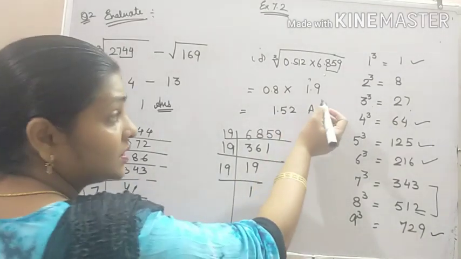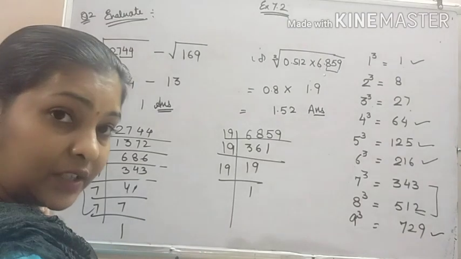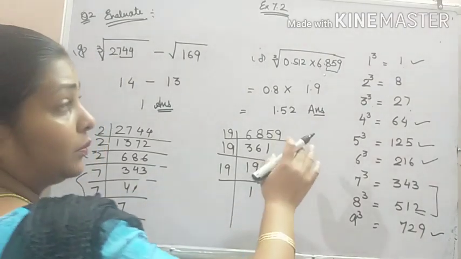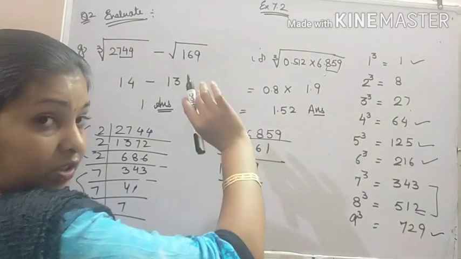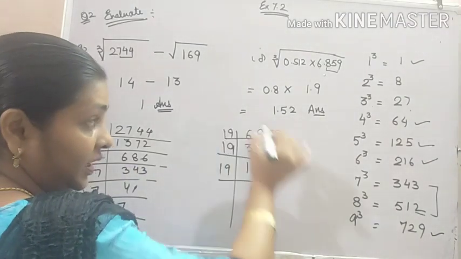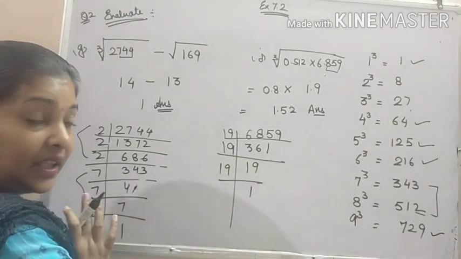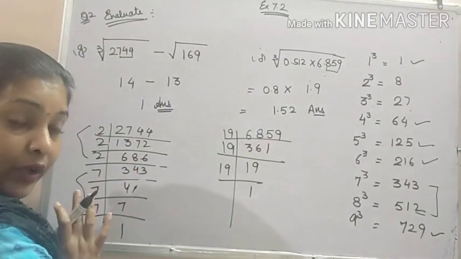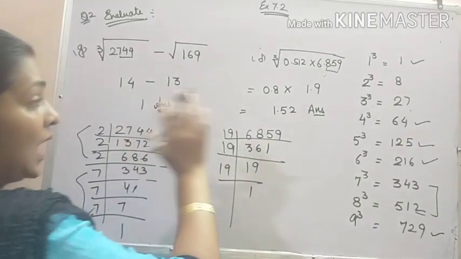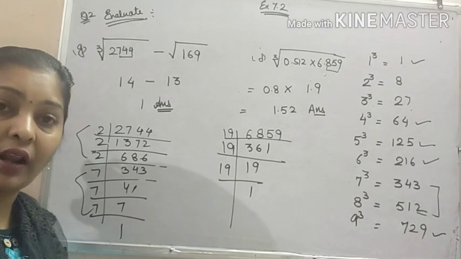You can use this method in another way, that first of all you find the cube root using ones and tens method. Then you came to know what will be the possible cube root, and then you can do prime factorization, as I have done in this question, because my calculation has become very easy using it. Okay, so this is the way you have to solve these problems. Rest of the problems you can try yourself.